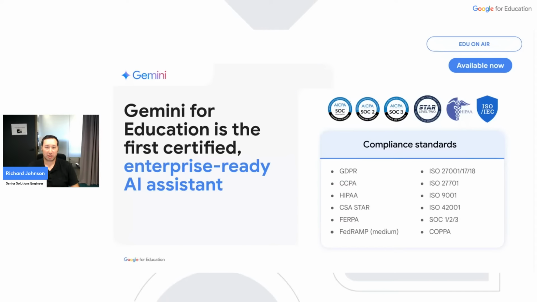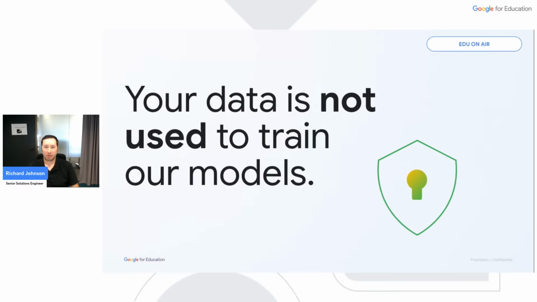Now, compliance is just one factor to being globally recognized as secure AI. You've also got to put these in place. But how do we achieve these security compliance milestones? Well, we implement multiple layers of protection and policies to ensure safety for our customers. When you're using Google for Education's AI tools, including Gemini and Google Notebook LM, within your institutional account, there are definitive safeguards that are in place.